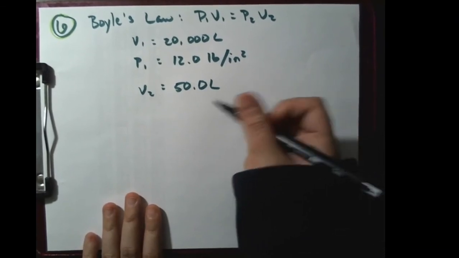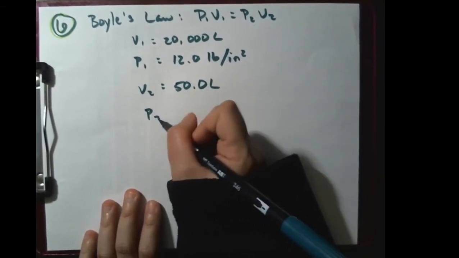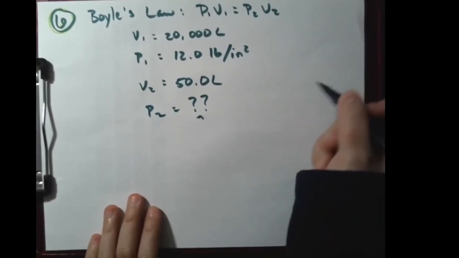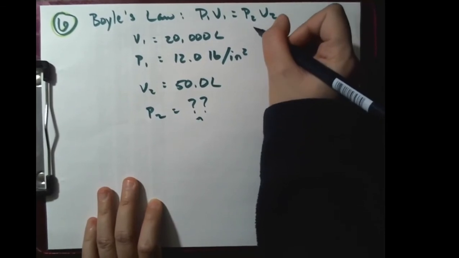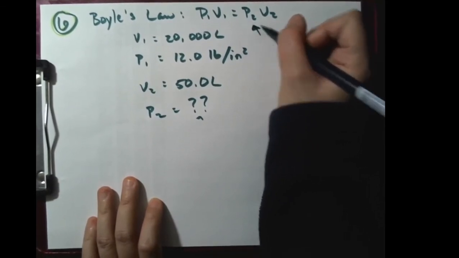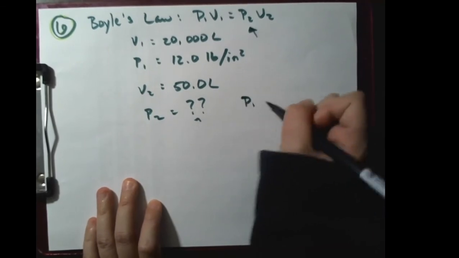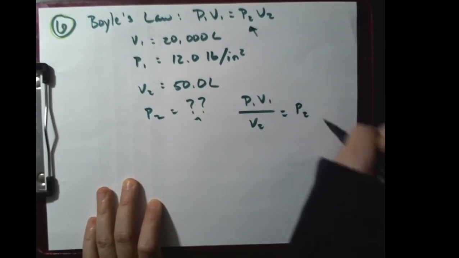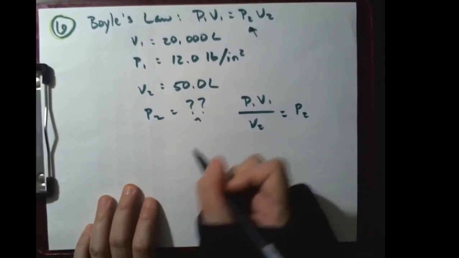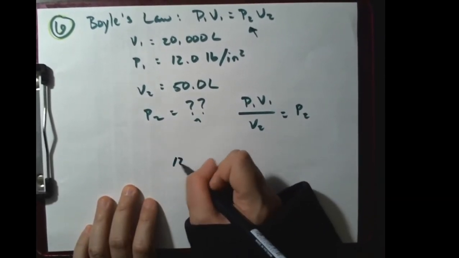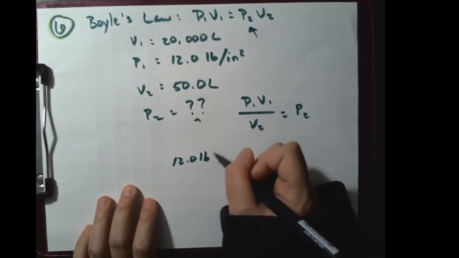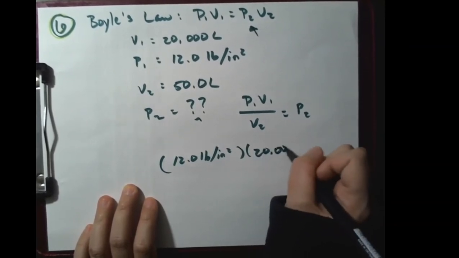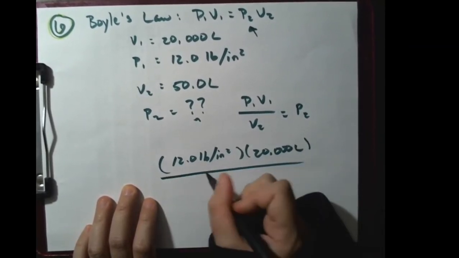What is the pressure in that tank? That's really straightforward. That's what we're looking for. Now same thing, always. We are looking for this little buddy now. So it's going to be P1, isolating that, and then just plugging in numbers. So our initial pressure here, we have 12, times the initial volume, divided by